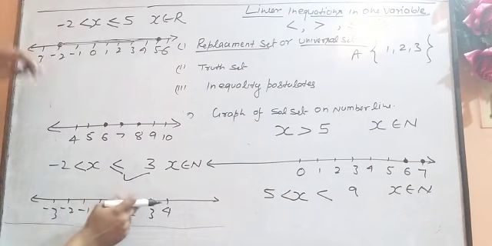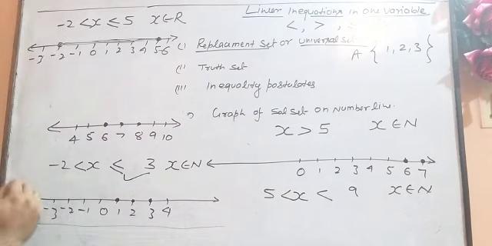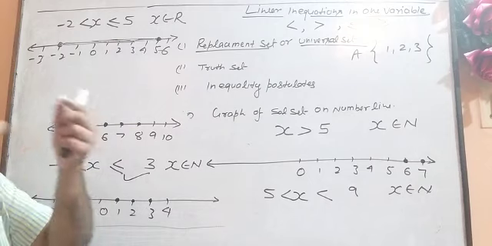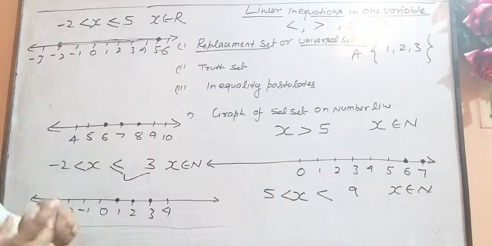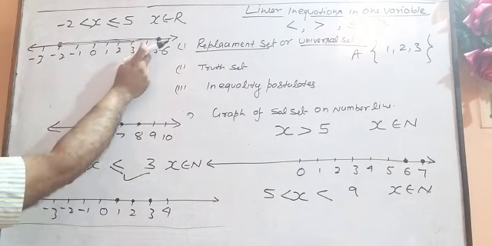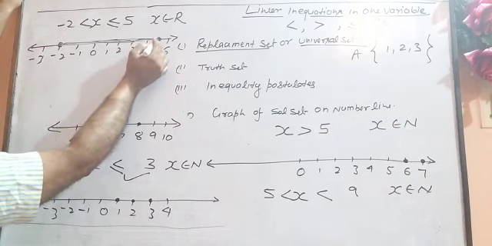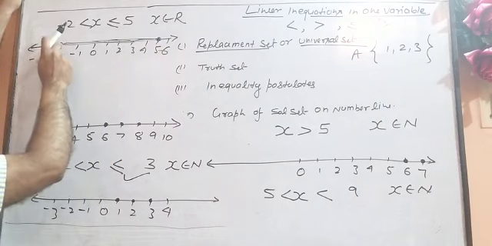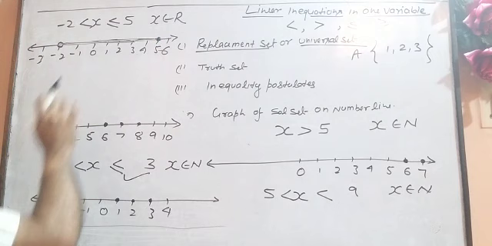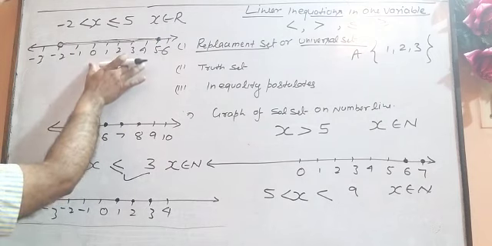In case of natural numbers, whole numbers or integers, the range we show by dots because that contains a countable number of elements, and here we cannot count. So that's why we put the thick line. Here at 5 we have made a filled dot, but at -2 we have made an open circle. So this is the graph for this.